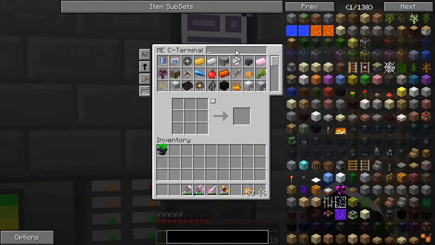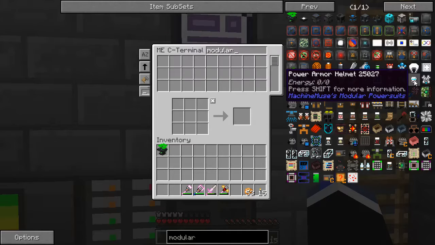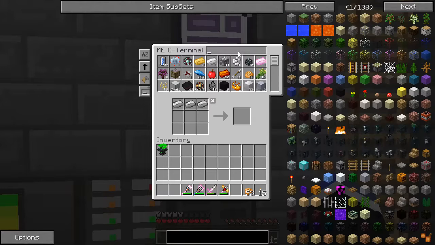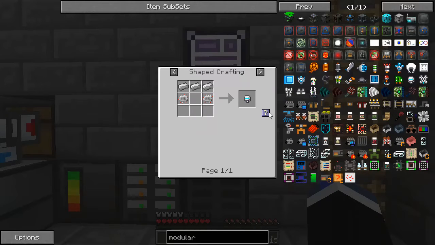Okay, now that I've got that table taken care of, let's load this stuff up. Let's see, we need power armor helmet, which is 2 circuits and 3 iron, and I need to make a bunch of circuits. Be right back. Okay, let's try that again here. We've got